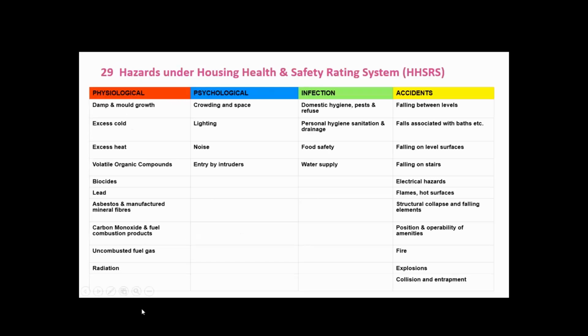Okay, now the hazards, there's 29 of them, and this is just a list of the hazards, split into physiological, which is effect on the body. That is by far, those lists there under the red, the physiological are the issues which have by far the biggest impact on people's health. Then we have psychological, some hazards there, and this is where it affects people's well-being and